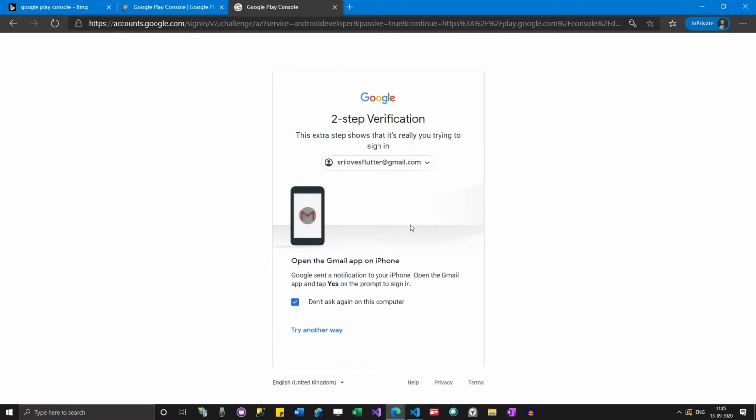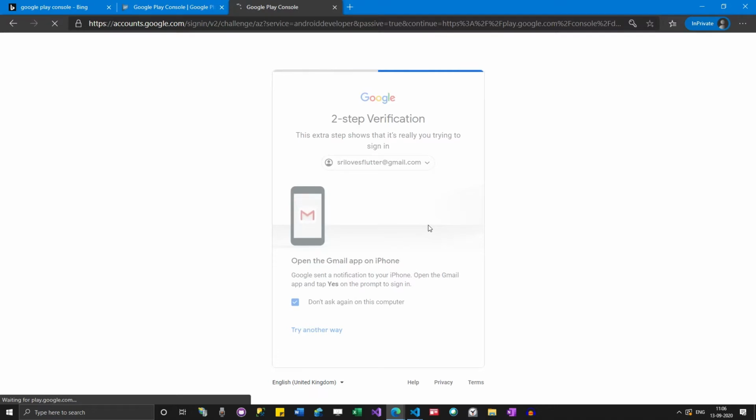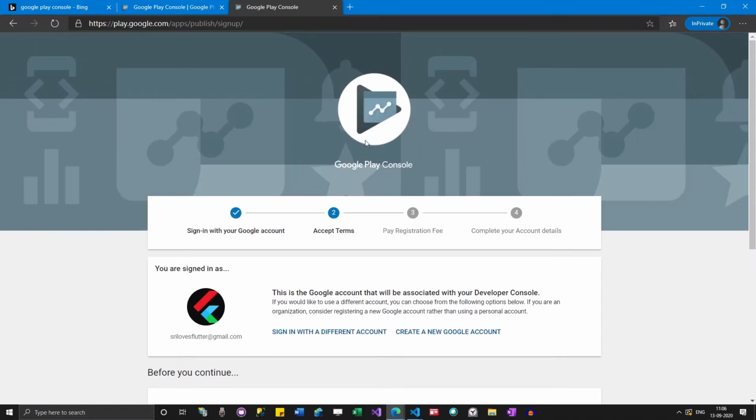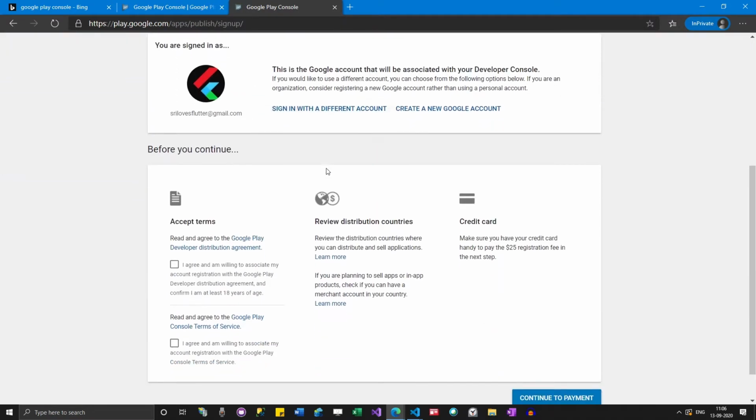Let me authorize it. When you are signing up for the first time, it will ask you to pay some fees actually. So this registration fee, you need to pay this $25 fee.